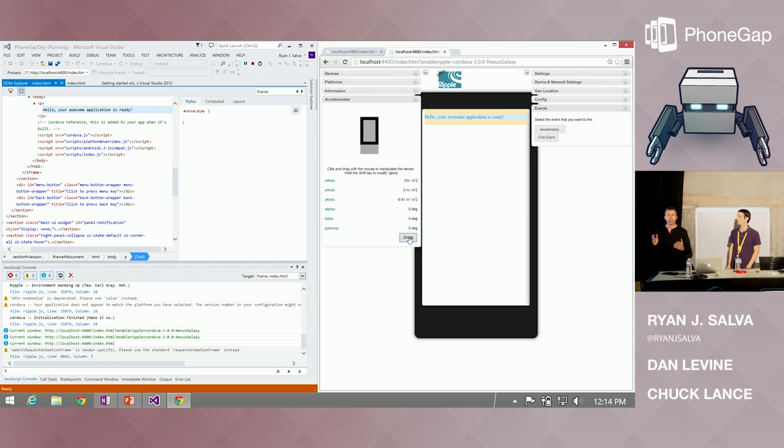The basic idea is that you would use Chrome, particularly if you're targeting Android or iOS, because, well, hey, Chrome is a WebKit-based or sort of WebKit-ish based browser. It is not as good if you care about Windows as a target, just because WebKit is not IE, is not Trident. So for that, you're probably going to want to debug against a Windows target. But let's face it, these days there are less and less differences between IE and Chrome, both in terms of JavaScript APIs and in terms of CSS behavior. So even then, it's a pretty gosh darn good proxy.